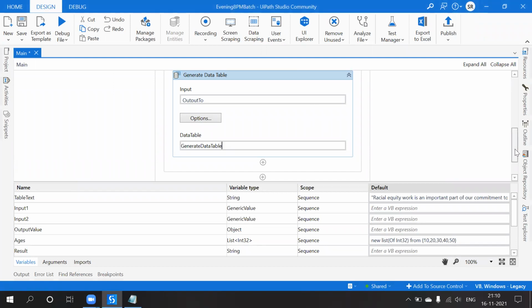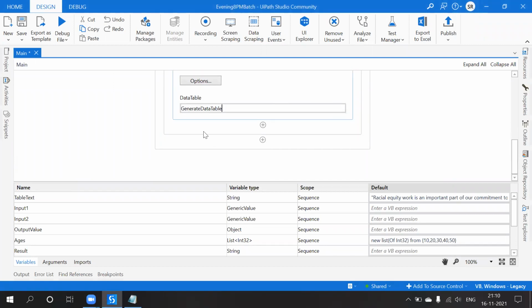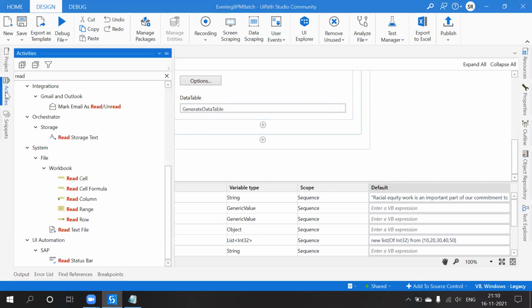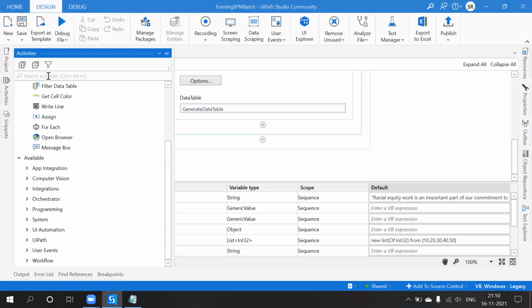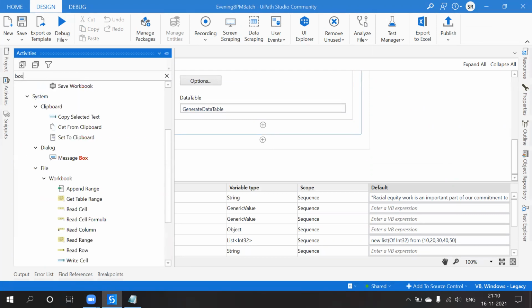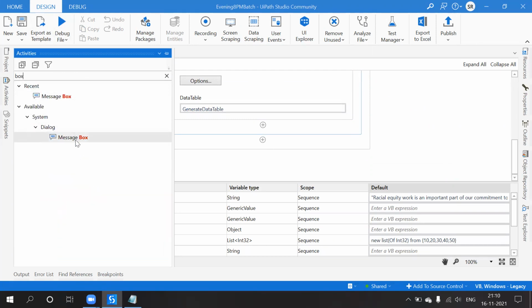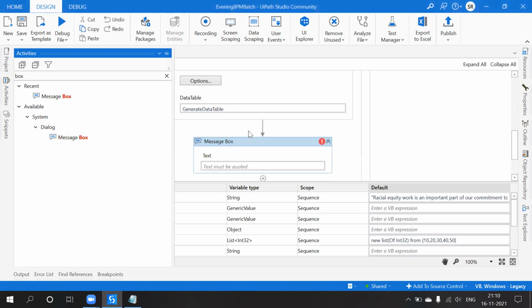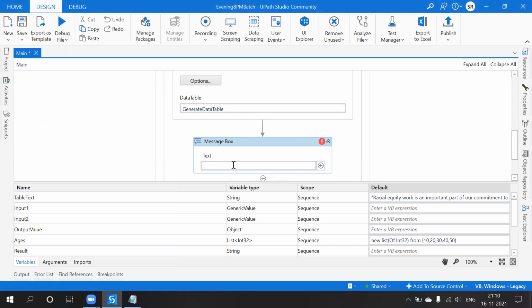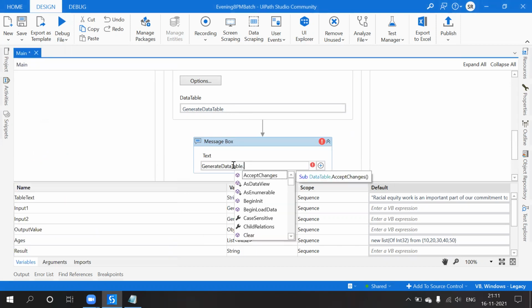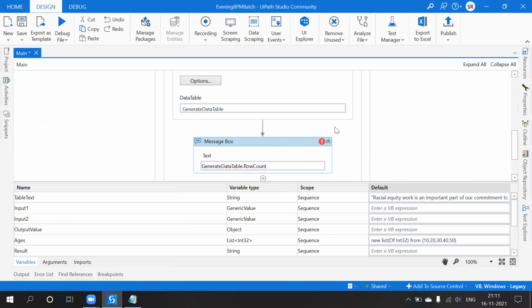So now, what is this? Generate data table dot rows count.